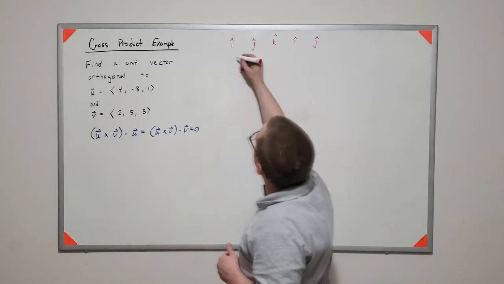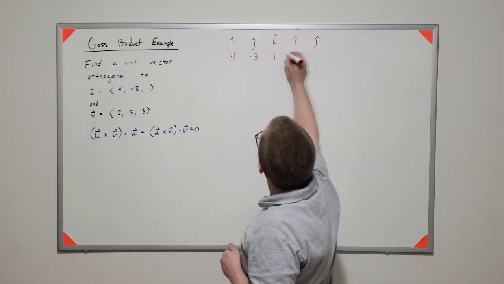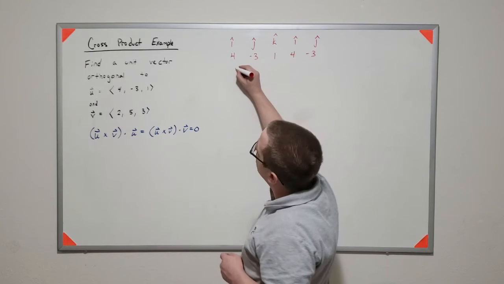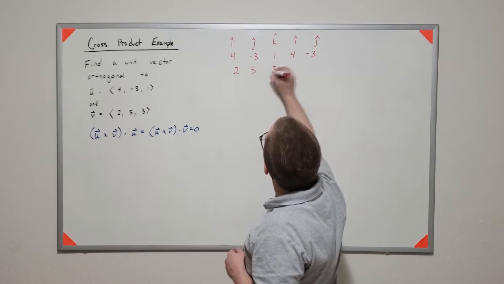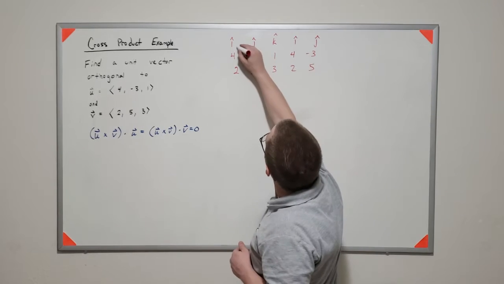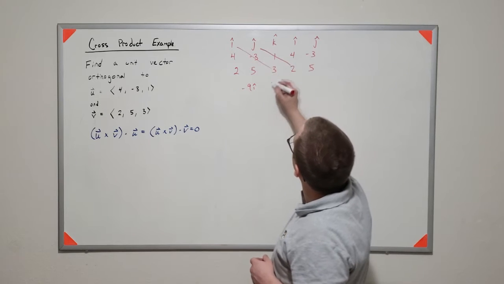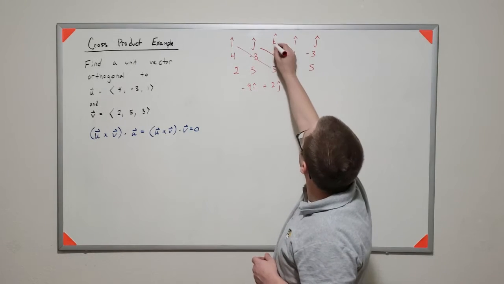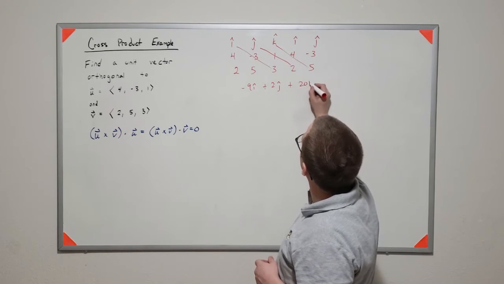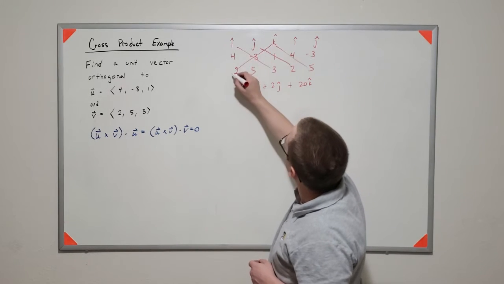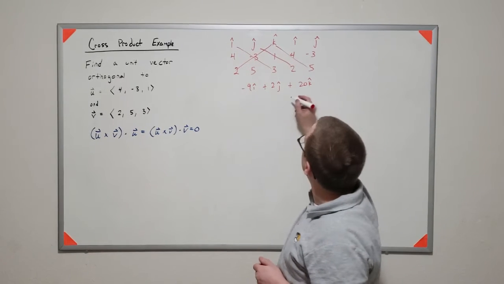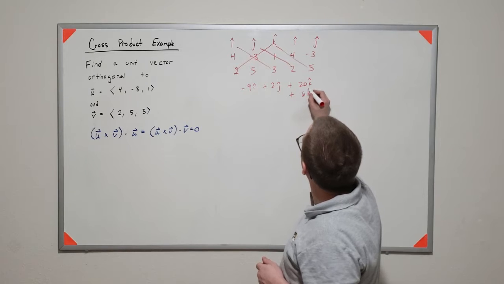So let's set up U and V. We have 4, -3, 1, 4, -3, 2, 5, 3, 2, 5. So going down the line, we have -9i plus 2j plus 20k minus a -6, so plus 6k